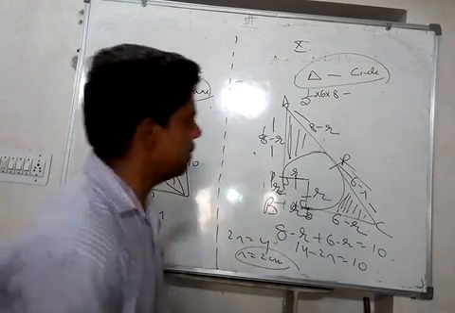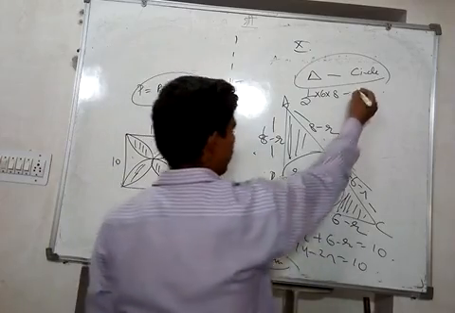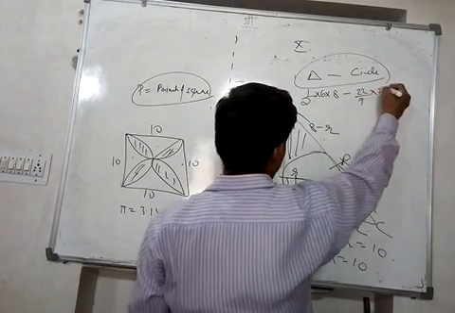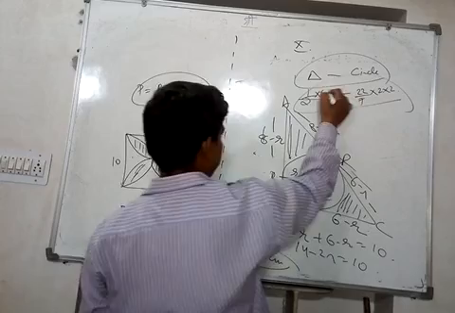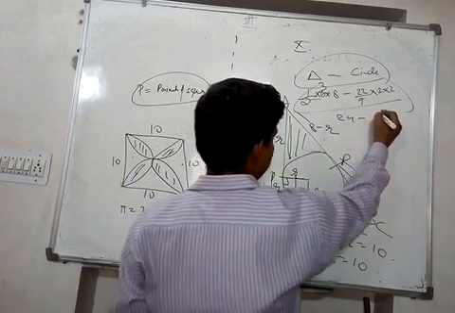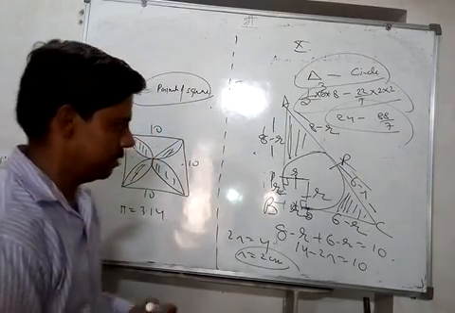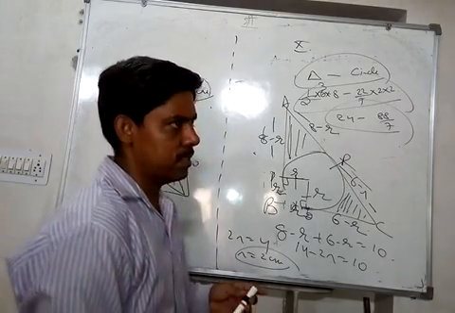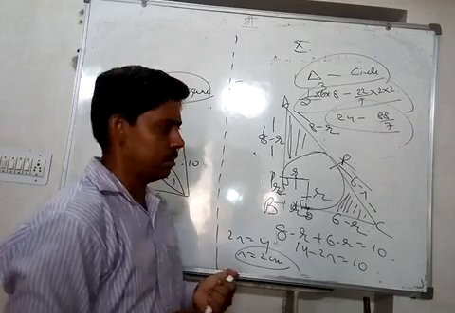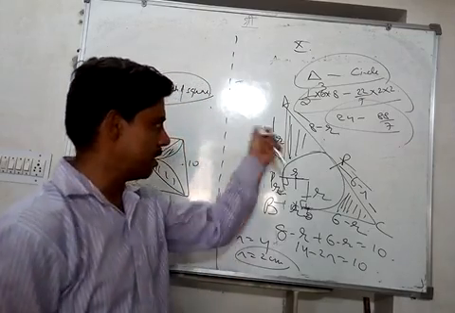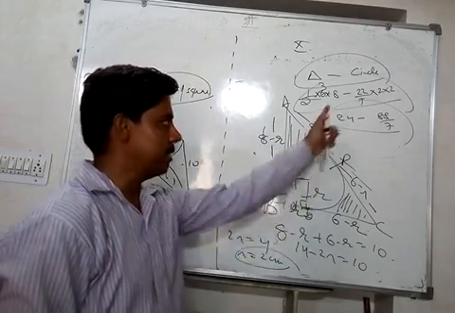If R is equal to 2 centimeter, now you can easily find the area. 22 by 7 into 2 into 2, that is 88 upon 7. Right? You can subtract that from 24. So 12 sevens is 84, around 12 point something. So it is easy to calculate this way, but you need to find the radius by this method.